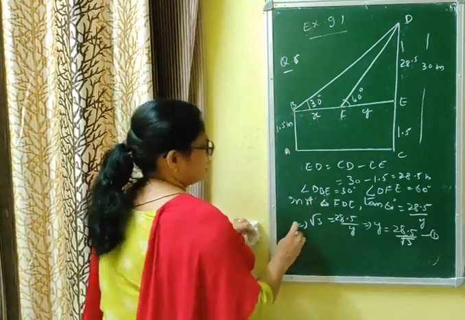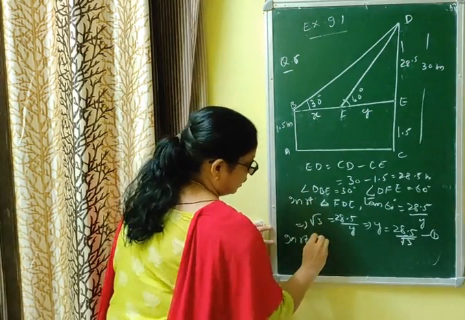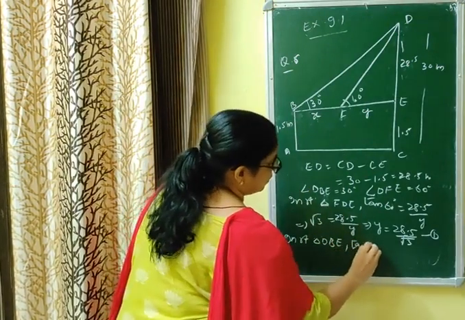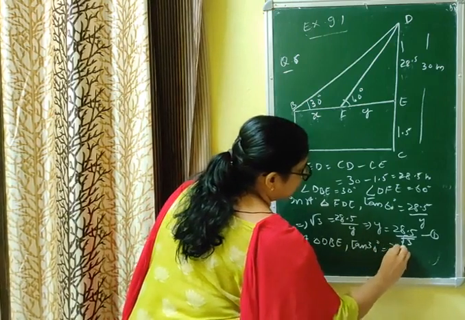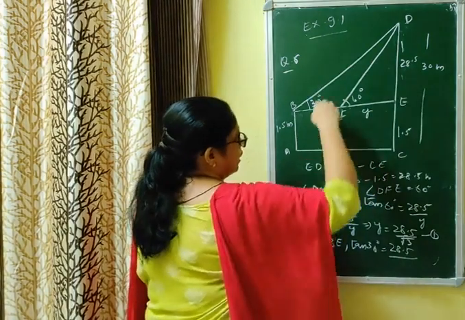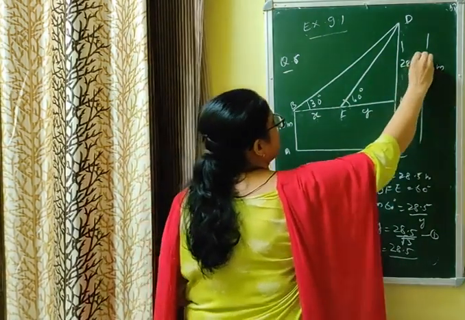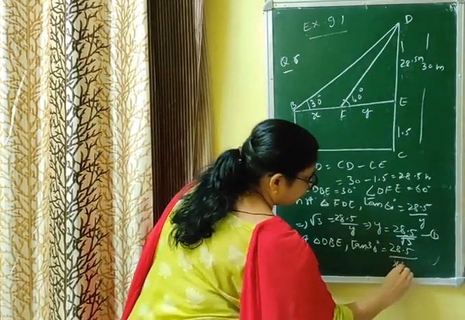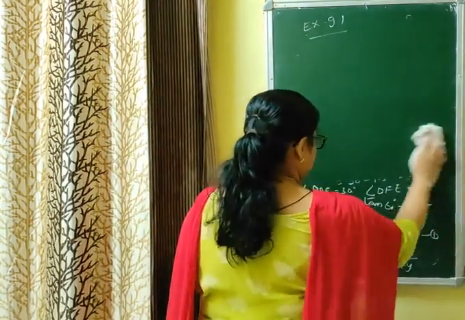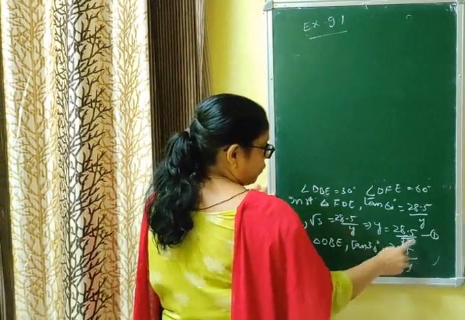Next is in right triangle. What is the next right triangle? Right triangle DBE. In right triangle DBE, tan 30 is equal to DE upon BE, that is 28.5 upon x plus y. x plus y पूरा लेना है. Now I am rubbing the figure because the calculation is a little bit bigger. That is, you can put the value of y from equation 1.